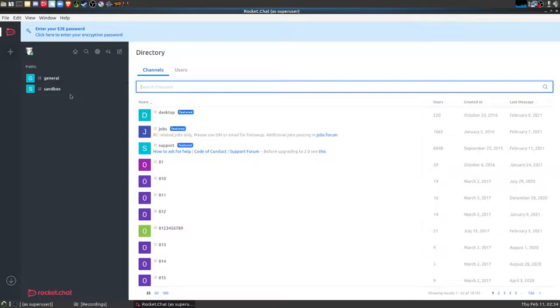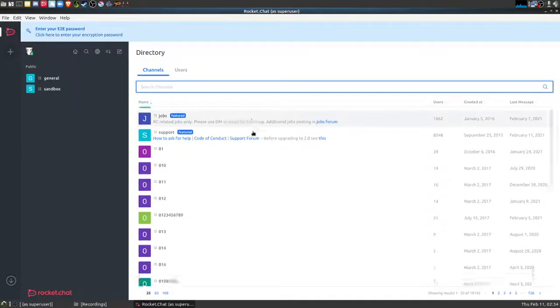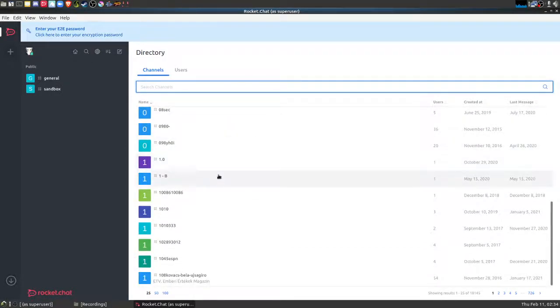Here we go. So here's an important thing. Any server is going to have a couple of channels that always pop up for new people. However, if you hit the directory, you'll see all of the channels that are listed. Now this can be quite useful because many servers have optional channels that you may or may not want to see stuff in. Say you have a server that, for instance, has a political chat, and because you're hosting it on Rocket Chat, you are probably going to have more lax rules than Discord does. So there may be some people who aren't particularly interested in that chat. You just have it in your directory, not have it pop up for anybody. And if somebody wants it, they click it,